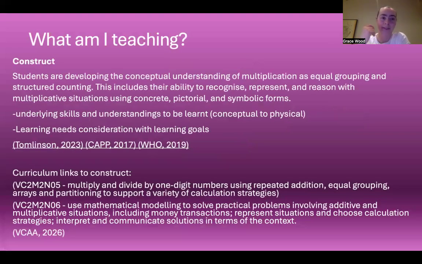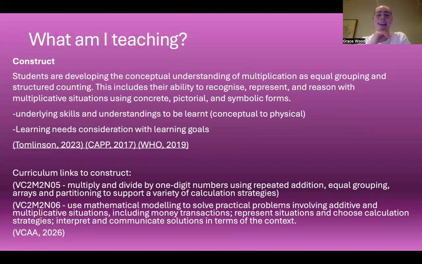The construct of what I am teaching: students are developing the conceptual understanding of multiplication as equal groupings and structured counting. This includes their ability to recognize, represent, and reason with multiplicative situations using concrete, pictorial, and symbolic forms. The underlying skills and understandings to be learnt for this construct and learning sequence are to ensure that students are taking a conceptual idea of multiplication and bringing it into something physical that they can mold and use, with the strategies of number to solve